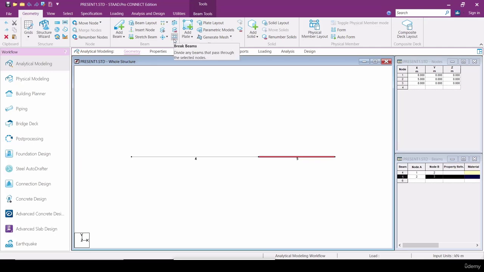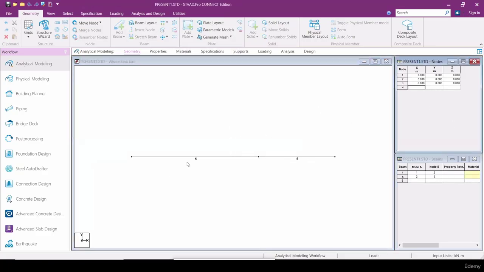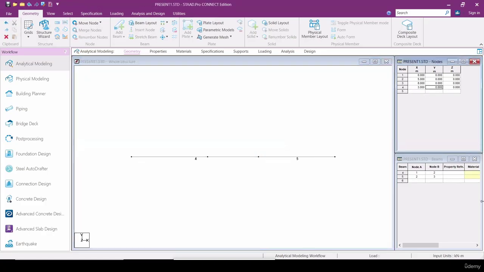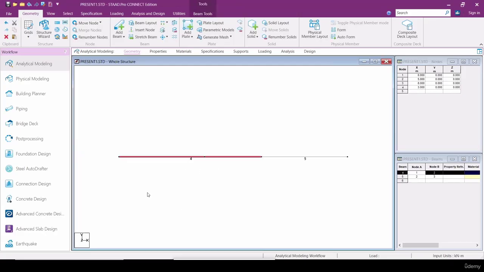Next, break the beams. Suppose you have a beam of 5 meters, and I have a node at 3 meters. If you click this beam, it selects from this point to this point, but I have a node here. If I want to break the beam, I have to select